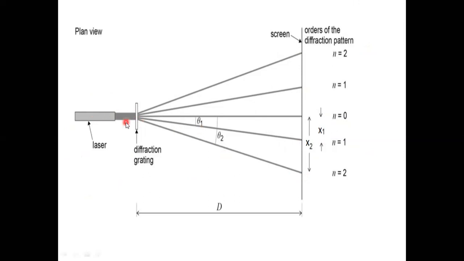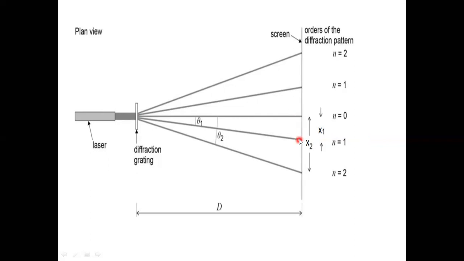Now, this is the laser, which is incident on the reflection grating, and from the grating we know diffraction takes place and then interference takes place. On this screen we are getting a combination of interference and diffraction pattern. If capital D is the distance between grating and screen, and theta 1 is the angle by which these rays are diffracted to form first order maxima, then you can calculate. And what is small x1?